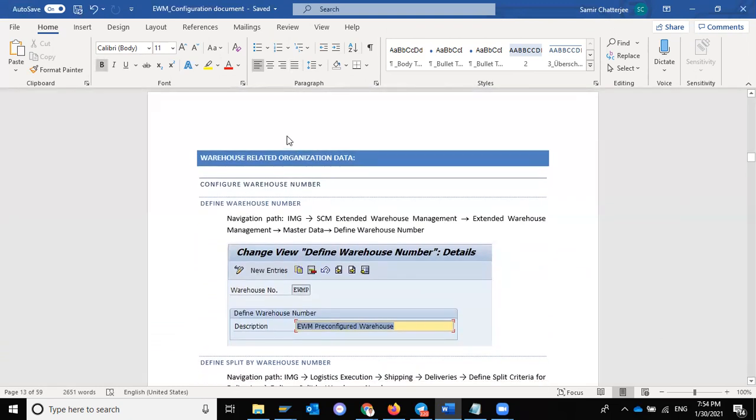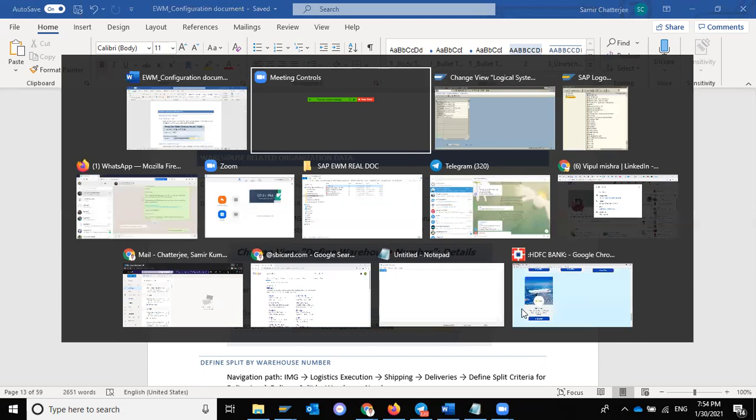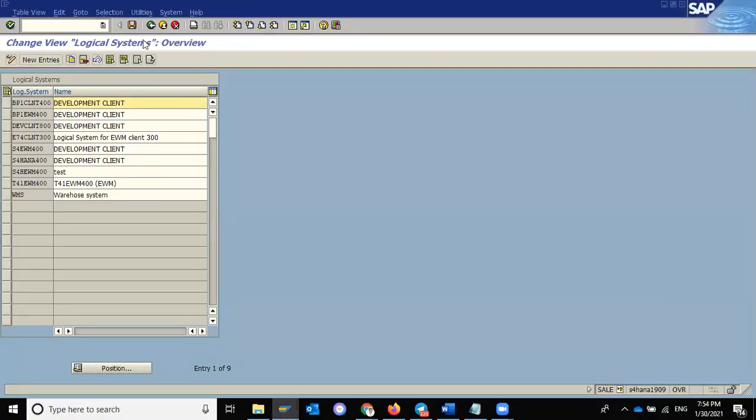Now our main job will start from page number 13 here, warehouse related organization data. So this is the page where a responsible functional consultant will work. Like he has to define the warehouse number. Okay, so here you can see the customizing specific warehouse number. So we can go